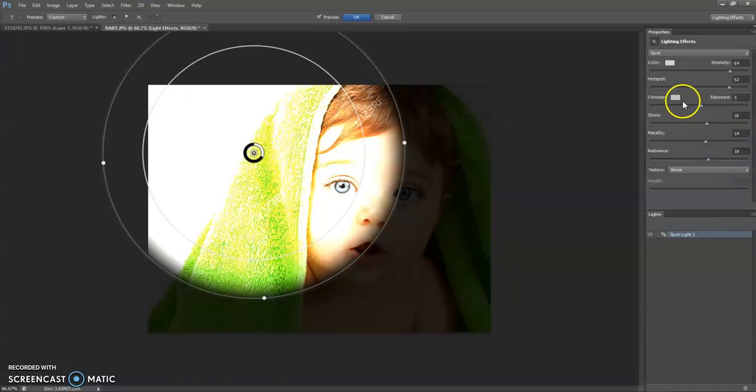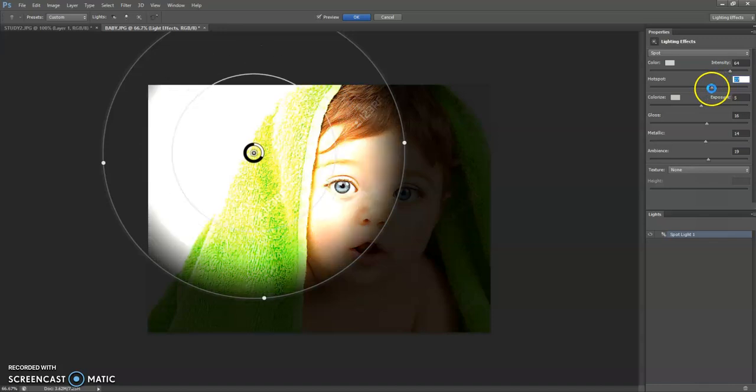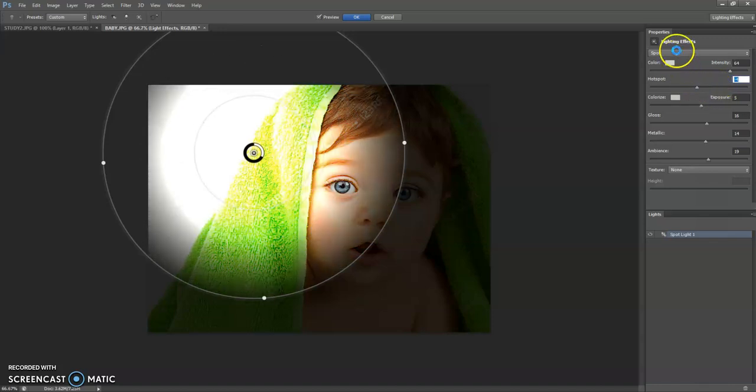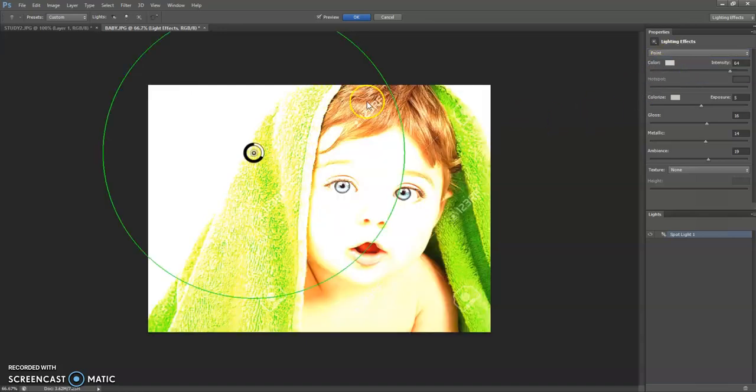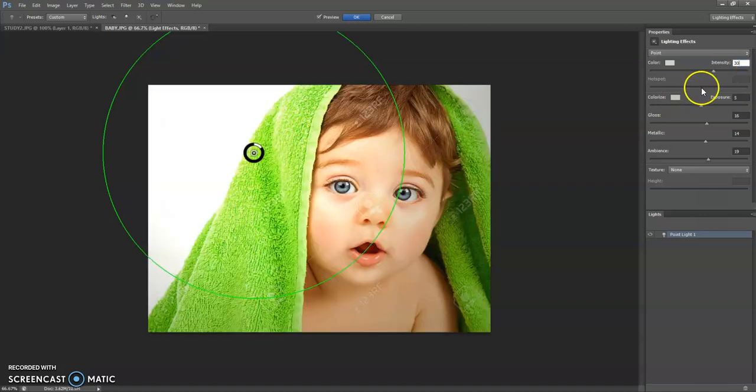Now I'm decreasing the hotspot here, but in the previous lighting effect I chose spot. Now I'm going to see the point. Just decrease the hotspot and the intensity. Let the intensity be 30, and the hotspot I'm having here is,